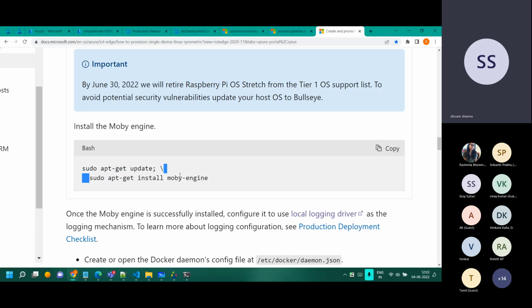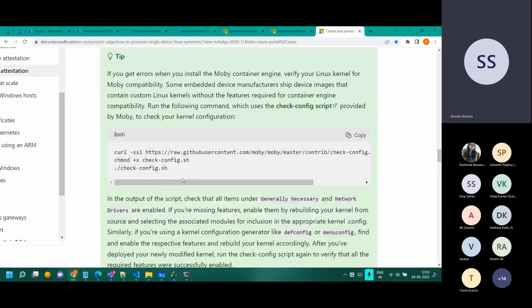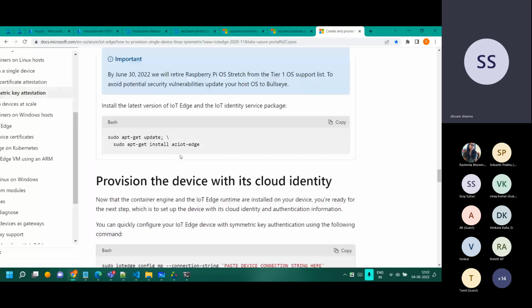So this part will install the Docker engine in the Raspberry Pi. Once you have done this, you simply scroll down, skip all of that. This is the IoT Edge. You need to install this, the SDK for Microsoft Azure IoT Edge. This is the one which will make it work, right? Now, we are doing the key-based authentication.